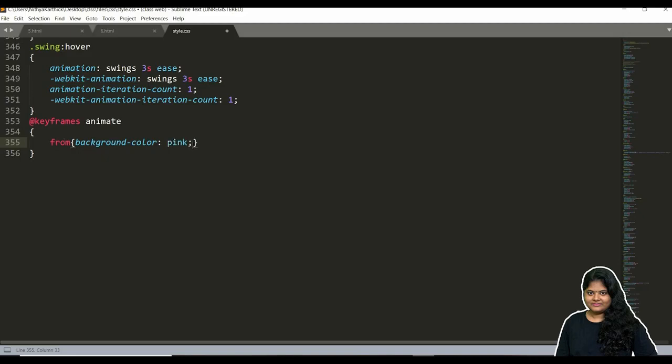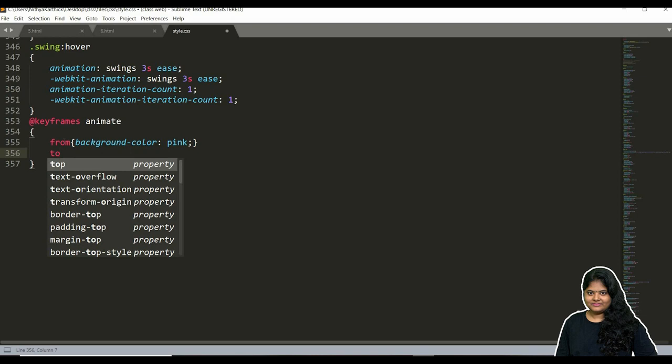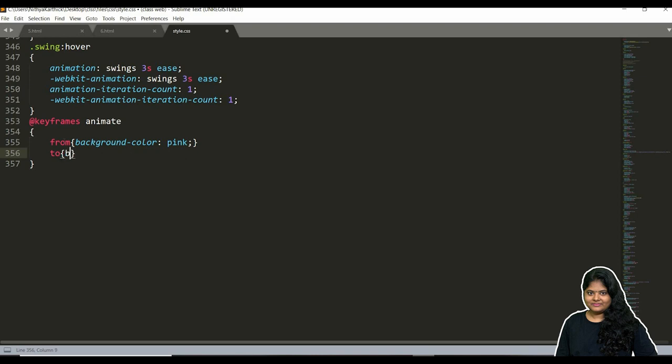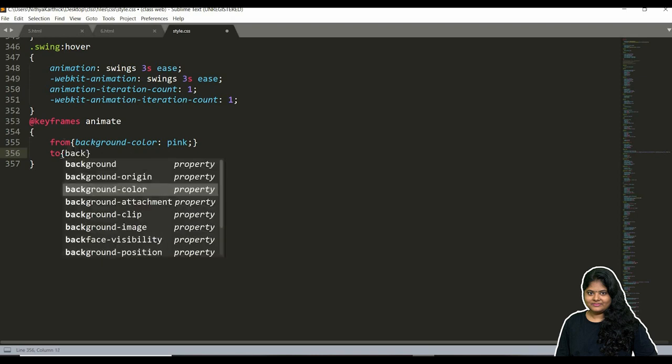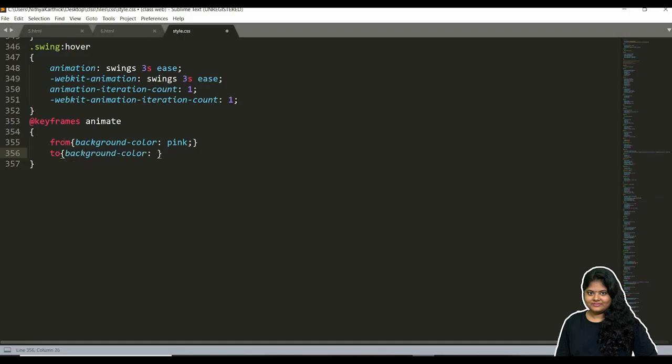Just for example I'm taking it as pink. Okay, I'm going to change it to, so to background color. Okay, so let it be green.